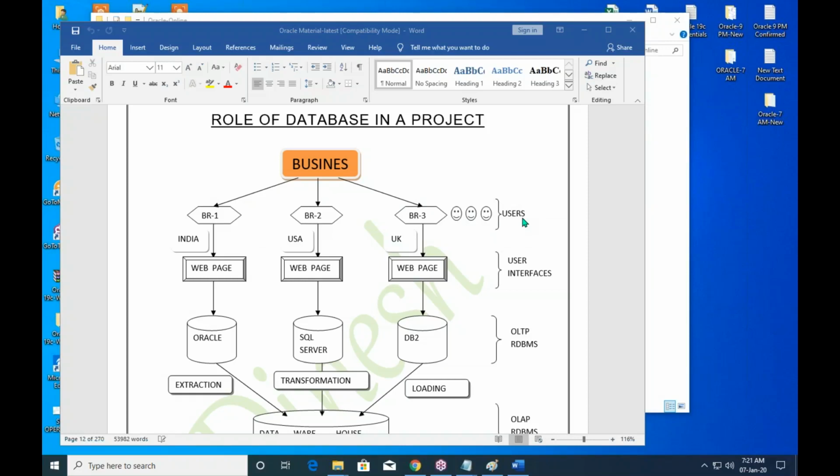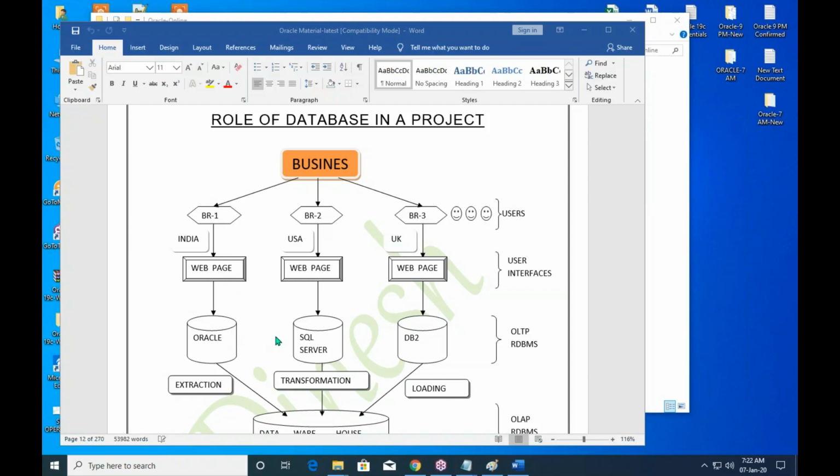So how do users interact with the business? The users interact with the business through web pages. Online, we are interacting with the business through web pages. Nowadays, everything is online, so we can do our banking transactions through our mobile. Everywhere online payments are there. So we are doing transactions through web pages. And each and every web page activity, or each and every user transaction, is saved